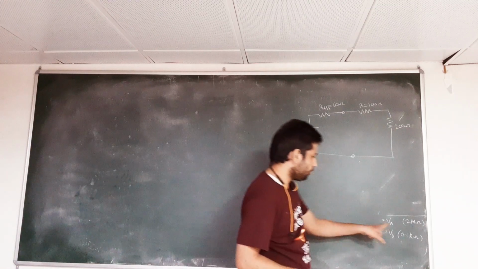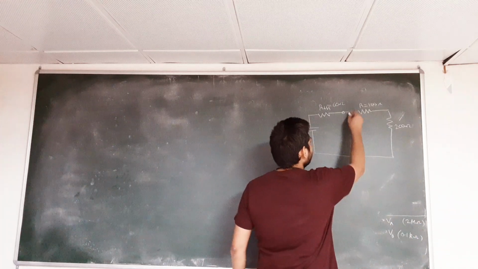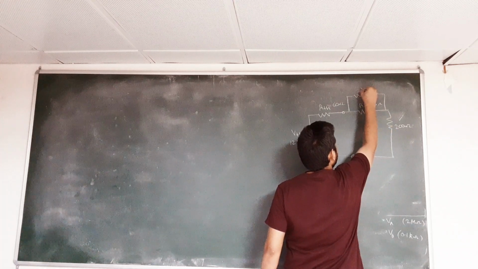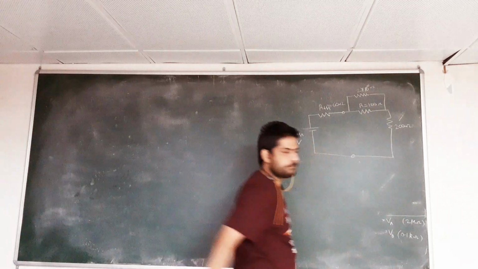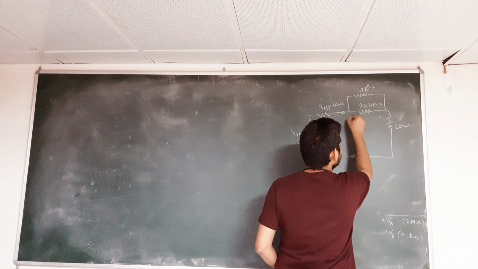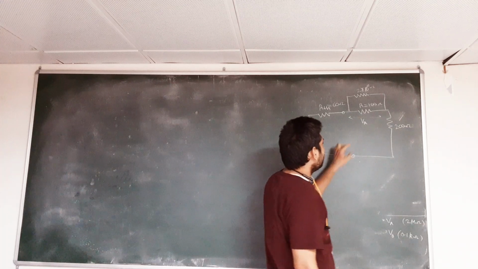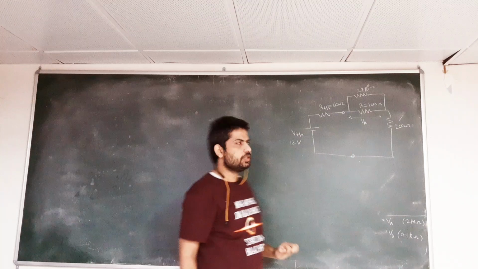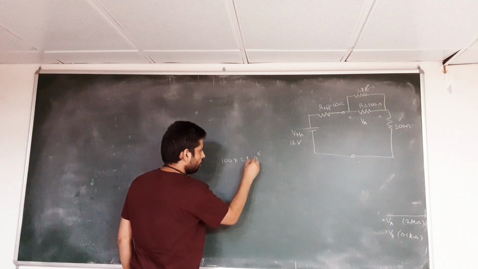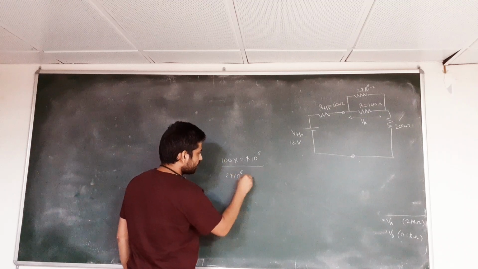Now let's draw a circuit with a voltmeter of 2 mega ohm. So I am connecting a voltmeter of 2 mega ohm resistance here. This is 2 into 10 to the power 6 ohm. Okay, we have to find this voltage, and this voltage is given as VA. So what we can do? We can find the equivalent resistance between them. So this equivalent resistance will be 100 times this 2 mega ohm divided by the sum of the two, that is 2 multiplied by 10 to the power 6 plus 100.